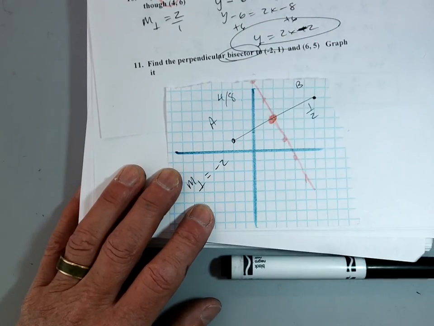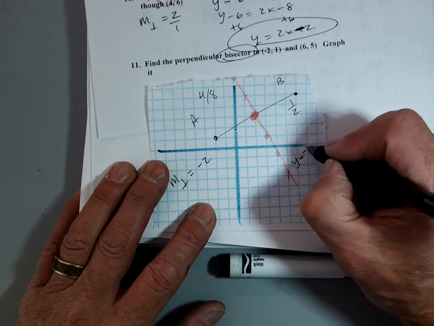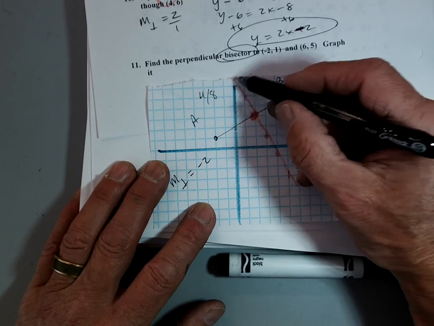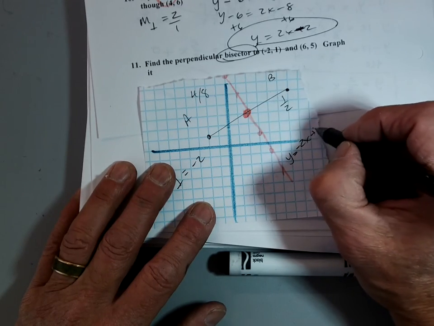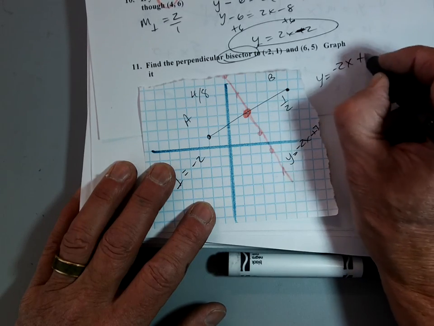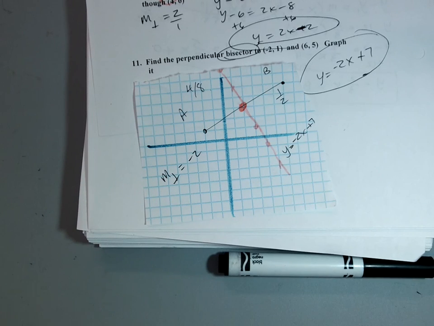Let's see. How about an answer of y equals -2x, 1, 2, 3, 4, 5, 6, 7, plus 7. y equals -2x plus 7. Thumbs up? Now,